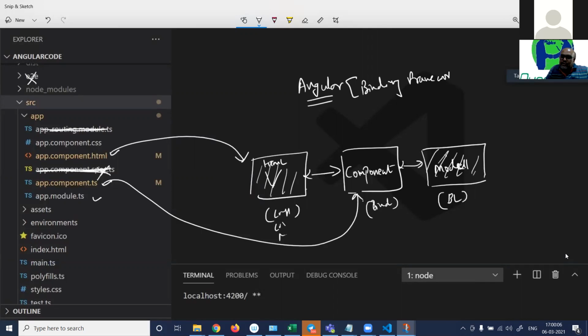Angular, React, Vue.js, Knockout, Backbone, and many other frameworks are out there. These are all binding frameworks: Angular, React, Knockout, Vue.js, Backbone.js, the old one. Backbone.js and Knockout were there in the 1980s. I remember in 1991 I saw Backbone.js.